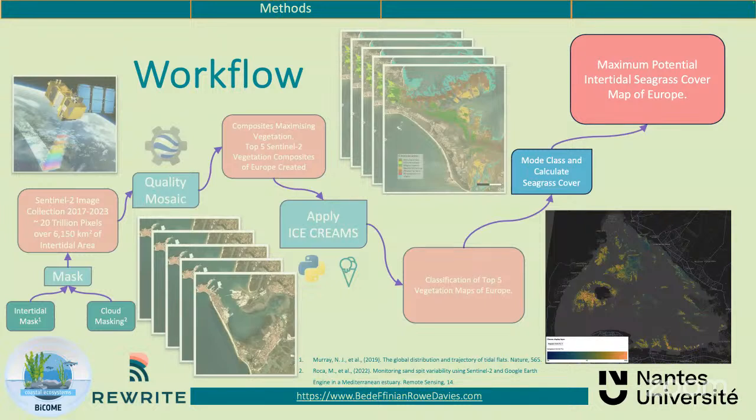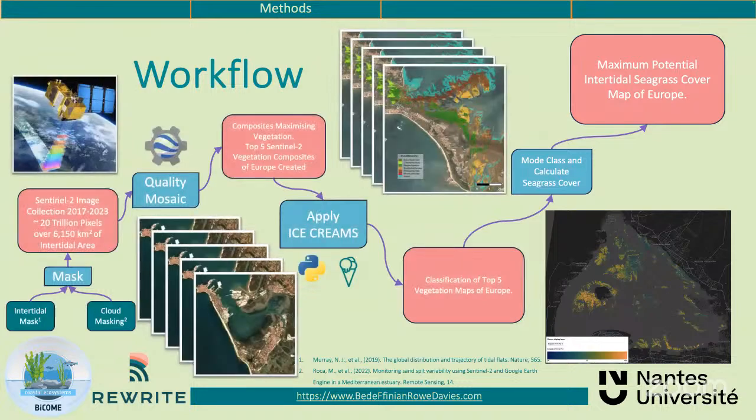And so this map, using this workflow, we class as the maximum potential intertidal seagrass of Europe. As it looks at a time window of 2017, 2018 up to 2023, so it's taking 5 years of data. But within that, we made sure that we kept hold of the information about when those pixels were taken, so that the end product at the very end, you'll see, has the date, the time of the year, and the year itself